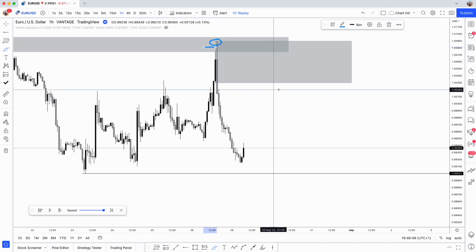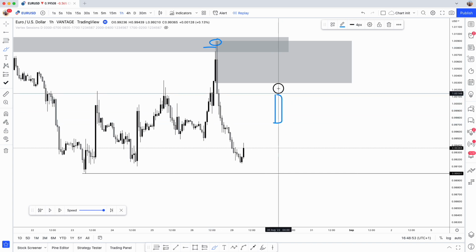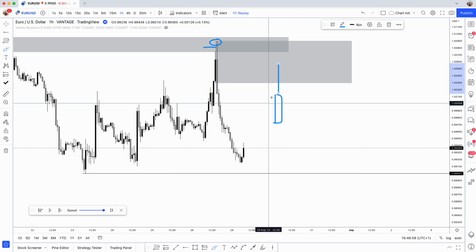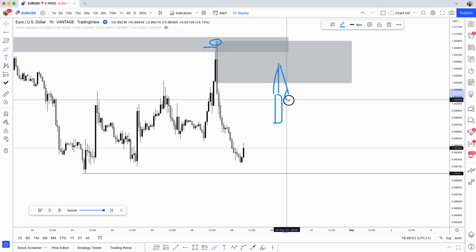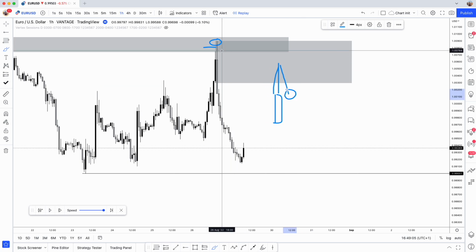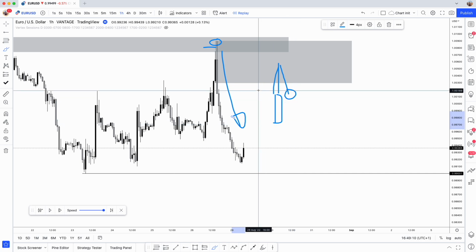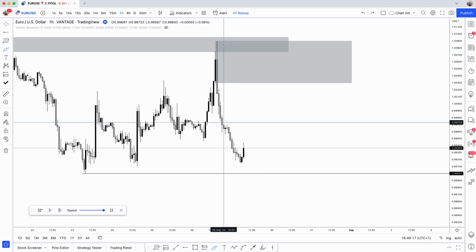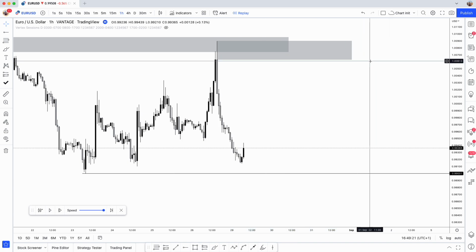I can't remember what video I explained this on, but when you have wicks like this, in terms of what's happening in price, the buyers are getting exhausted, and this is when the sellers take over. So in this bearish push, the first point where sellers were introduced to the market was within this wick here. So going forward, what we can do is refine it to this wick.